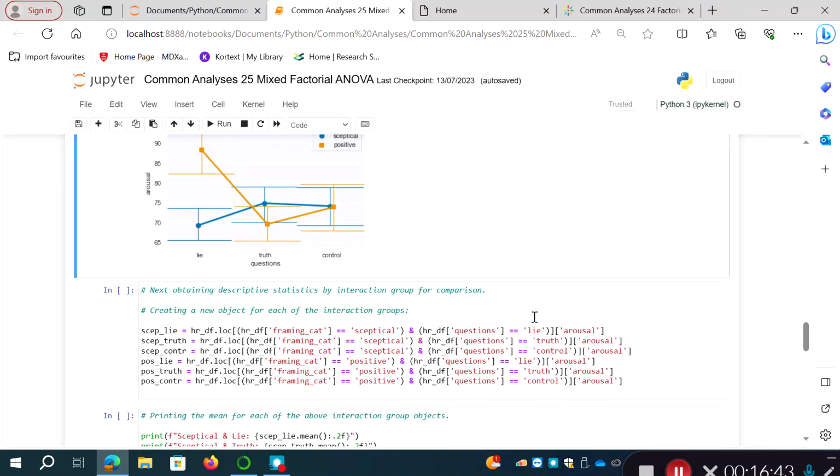those observations, those data points, and here what we're doing is basically extracting the mean arousal score. So we're creating an object here that just contains the skeptical lie arousal scores. Same as skeptical truth, an object that just contains the skeptical truth arousal scores. So that first group would be this mean, second group this mean, or rather the data points that contribute to this mean and this mean. Let me run that,